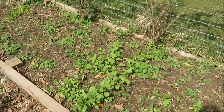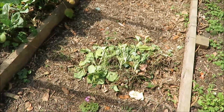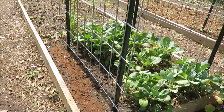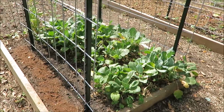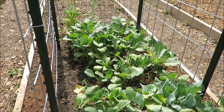So maybe I'll get another crop of greens. Oh wow, my husband really thinned out the collards so he could put up our second trellis. I don't think I've shown a video of the new trellises, and I'll have to back up and show y'all here in a minute. He thinned the collards out, so I'm kind of sad about that, but this is probably plenty